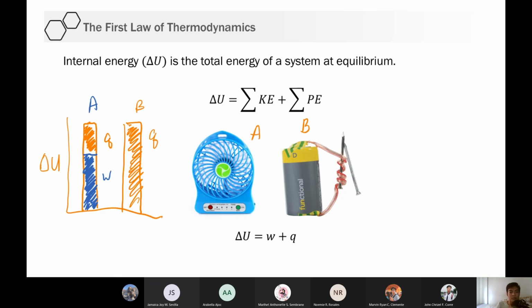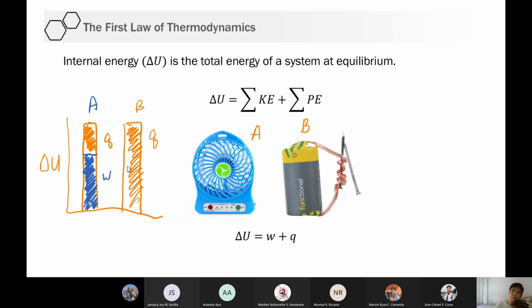Okay? So, we now have ways to solve for internal energy. We can use heat and work, which have corresponding equations later on, to measure delta U. Okay? That's the idea. So instead of this one, that means our equation can now be rewritten as delta U equals W plus Q. W is work, Q is heat. Now, look at this diagram.